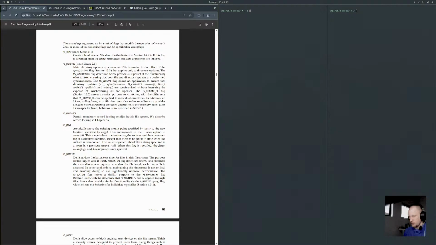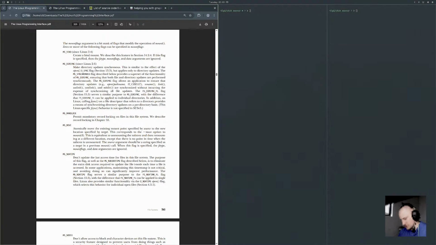MS_MOVE, atomically move the existing mount point specified by source to a new location specified by target. This corresponds to the move option of mount. This is equivalent to unmounting the subtree and then remounting it at a different location, except that there's no point in time when the subtree is unmounted.